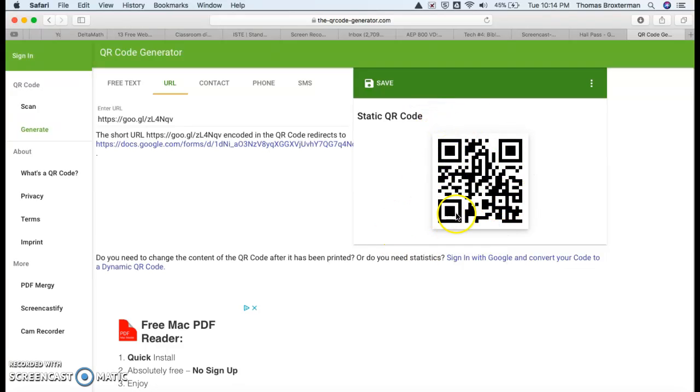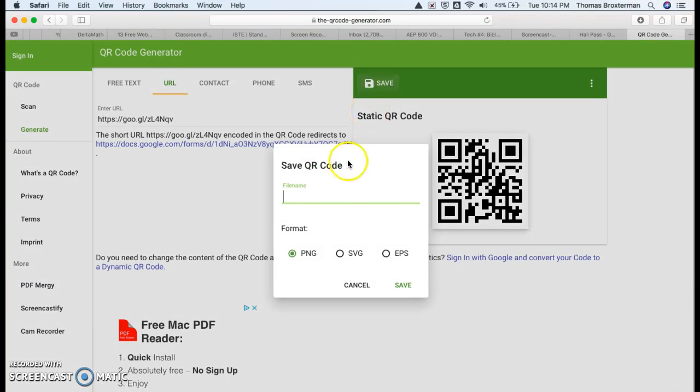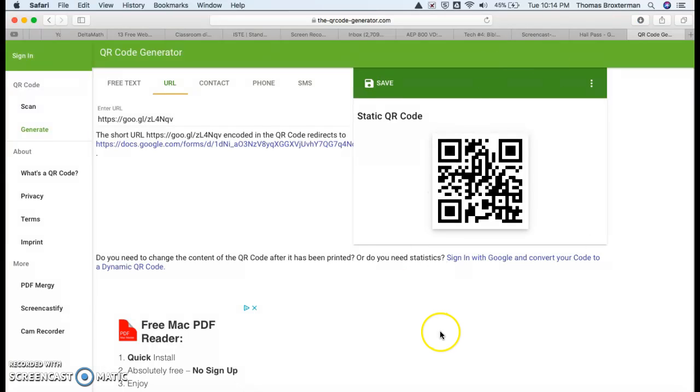just screenshot this QR code, or you could save it as an image or as a file, PNG, SVG, or EPS format, name it and whatnot, and I could do that, and I could say like hall pass, save, and then I would just have to go in through my downloads and put that QR code onto a doc, a Google Doc or Microsoft Word, whatever. Paste that on there, and then just print out that QR code,